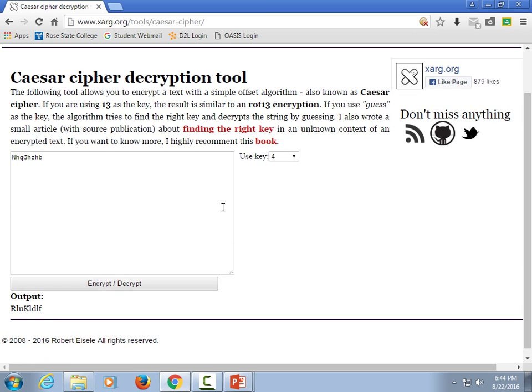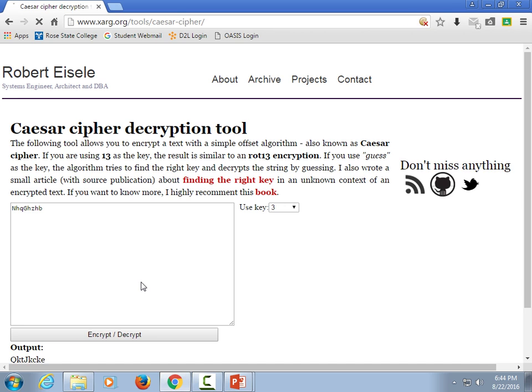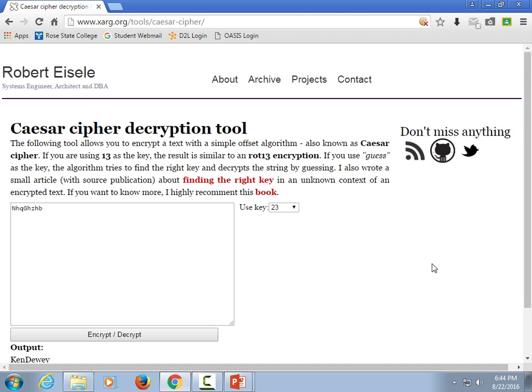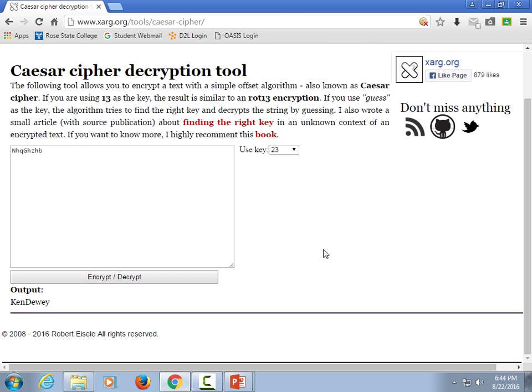So will it work if I change it to 3? Why didn't it work? You're shifting the same direction. Exactly. We need to go to 23, which is negative 3. See how I did that? So obviously you're going to have to go 23 to get around the other way. There's no option on this one for negatives. Some of them have negatives, but I guess we could do that. There you go. We got it anyway. Well, it's probably because I already did it.